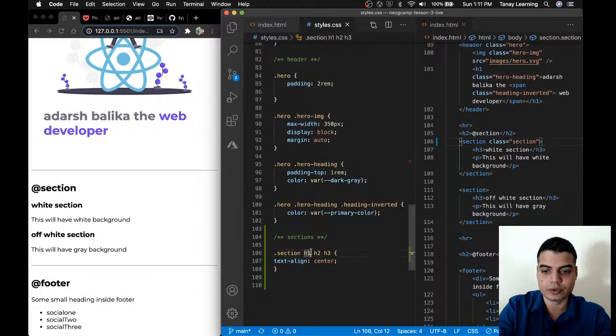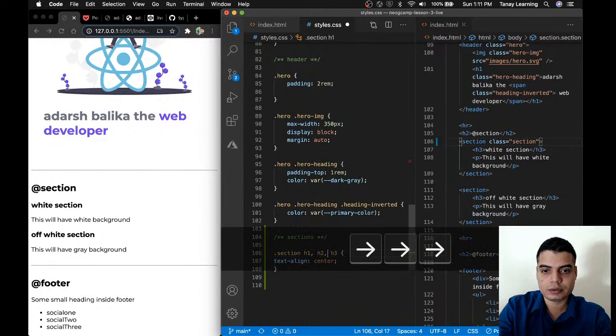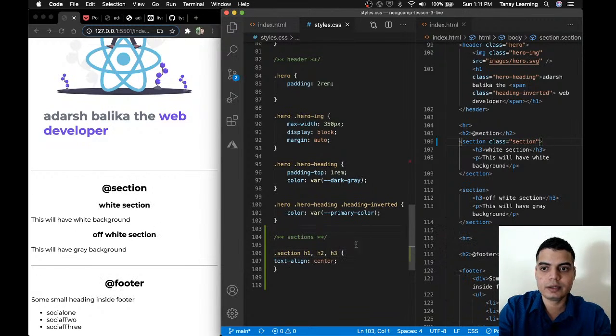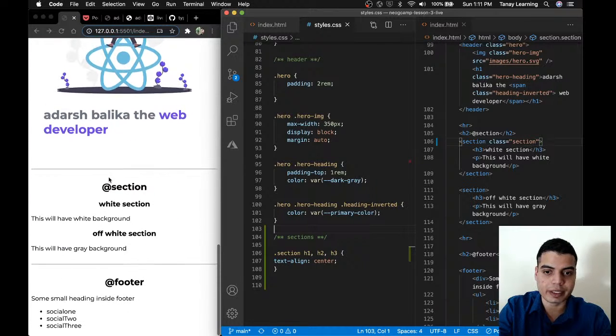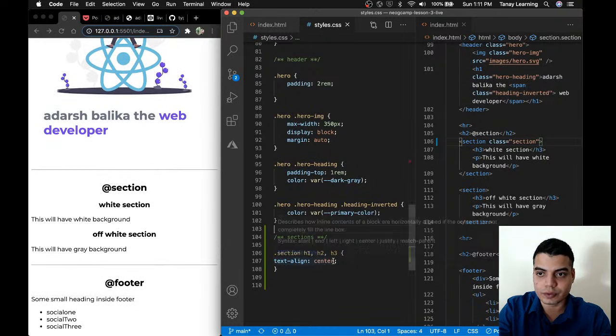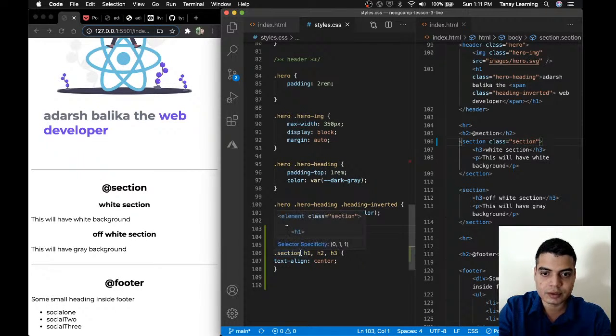Oh, sorry. So you have to use comma. So inside section, why did the add section go? Every heading became this. No. You want inside section if there is heading. If inside section there is a heading,